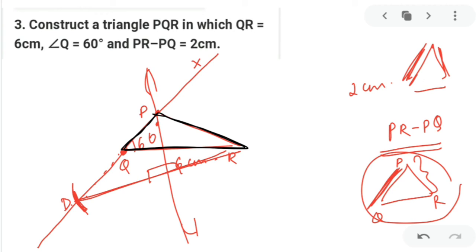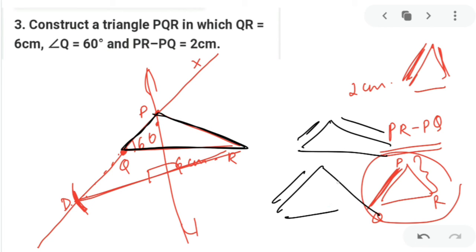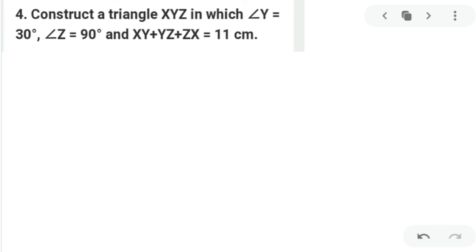The only difference was, in the previous problem where the difference was given, we used to mark it on the upper arc. Here you have to take it down. Why down? Because here in your triangle this side minus this side is given to you. Previously it was first side minus second side. Now it is second side minus first side. So that will make a difference. Got my point clear?